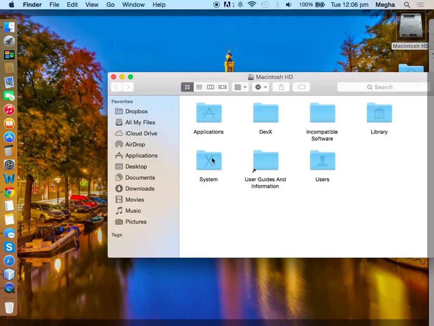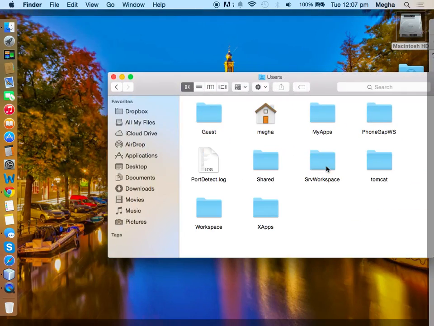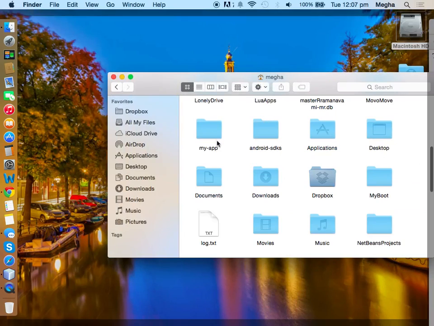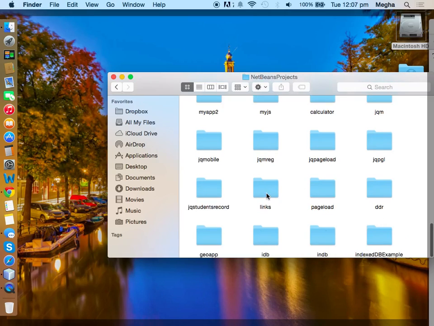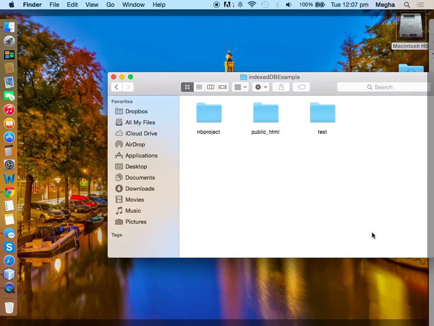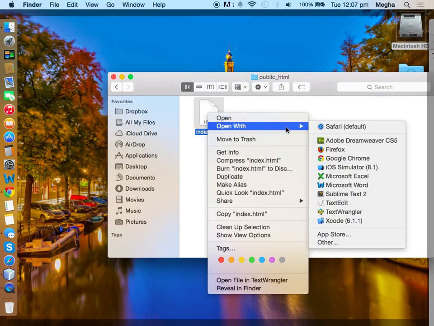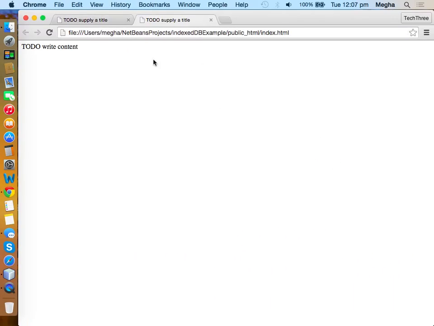because it doesn't work. What you can do is, instead of running this way, go to the file system and find your NetBeans project where it is located. In my case, it is in this folder, IndexedDB example, public HTML. I would recommend opening through the file system. This will work. I'm running the project through a standard file system,